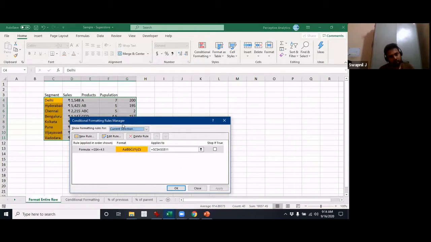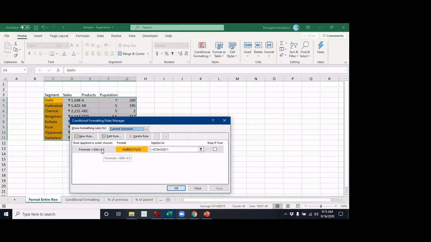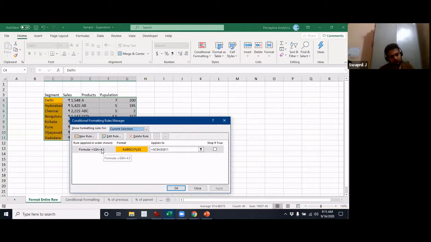If you look at the top left cell, what it does is it applies as though you're applying on the top left cell and then copying the same thing across to the selection. That is how it works.